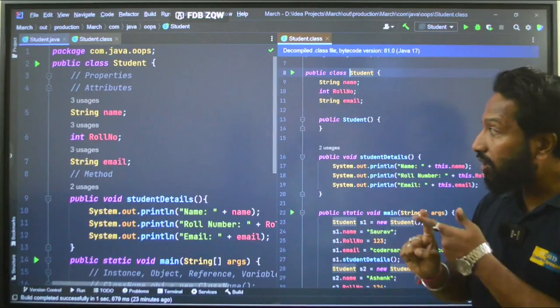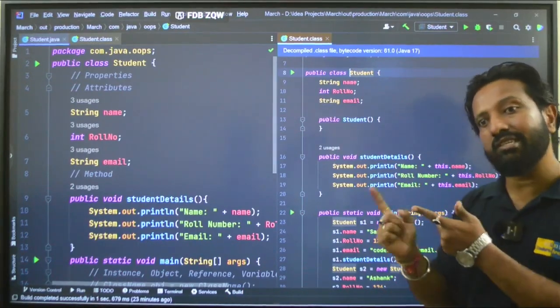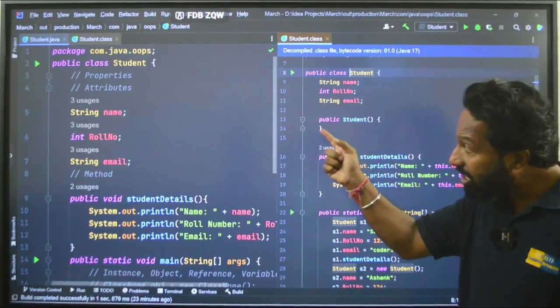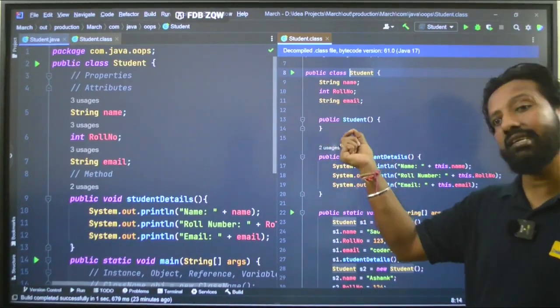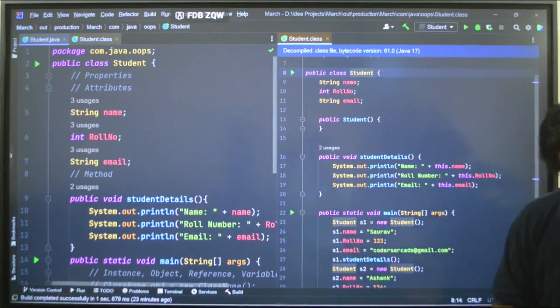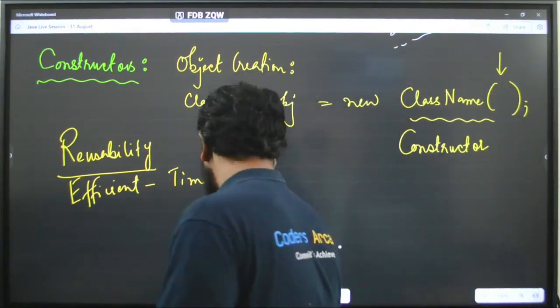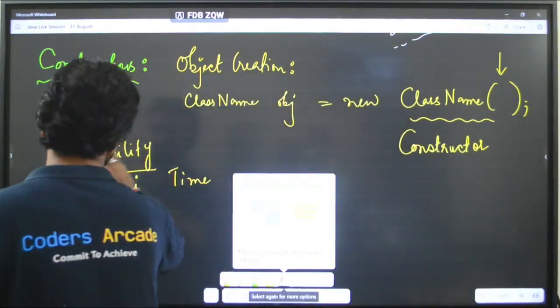Okay. So, I repeat again, a constructor is a special function or method which is always public and which helps you to initialize objects. Okay. So, let us go to the definitions of the constructor. Let me write it down here. So, I will erase this part, this is not required.